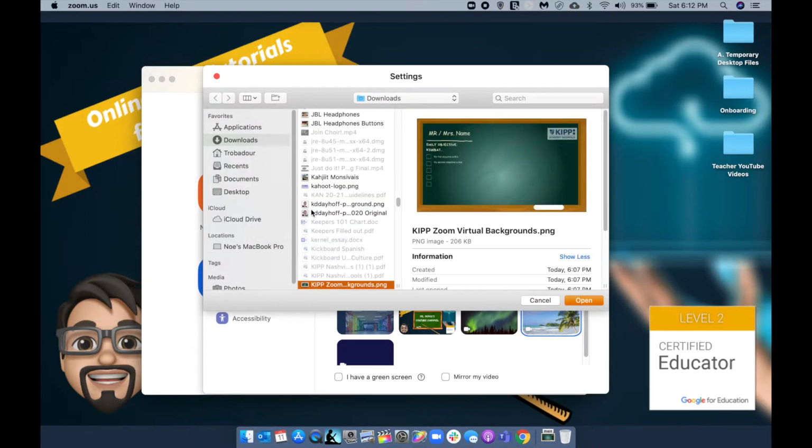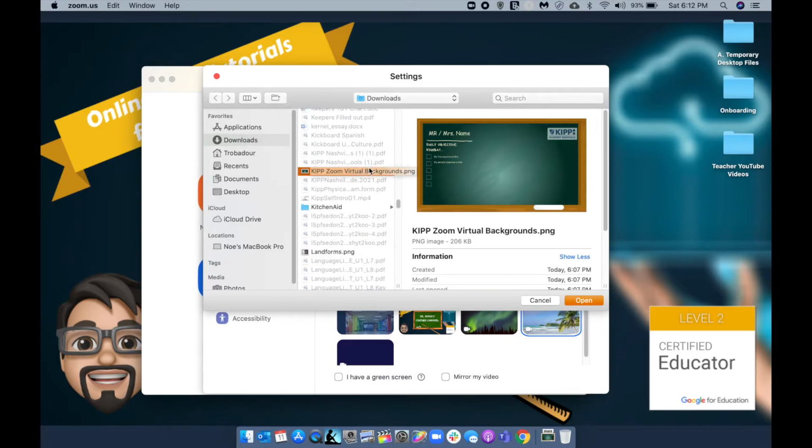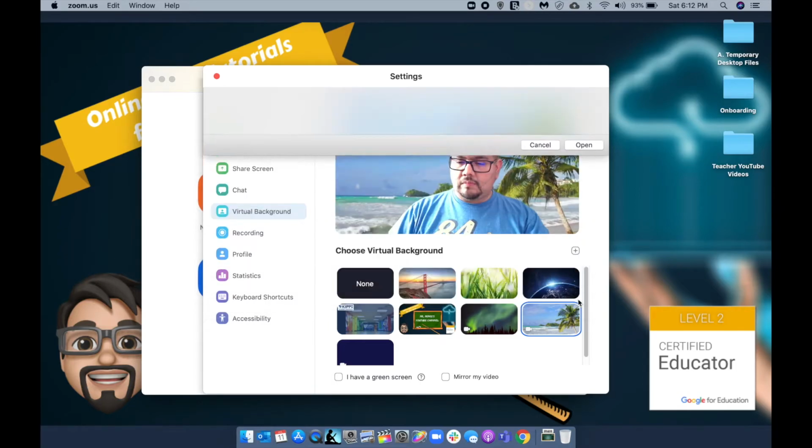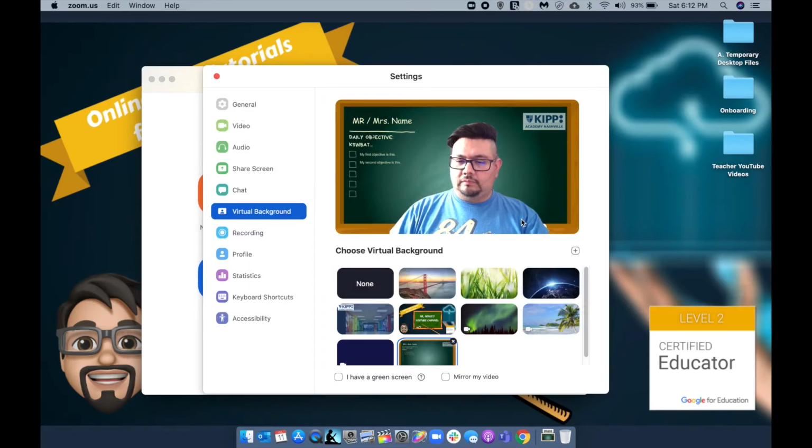Find the image. Usually I find mine in my downloads folder if I downloaded it from the internet. And then go ahead and click open. You're going to see that this new background appears at the very bottom and it automatically changes to that background